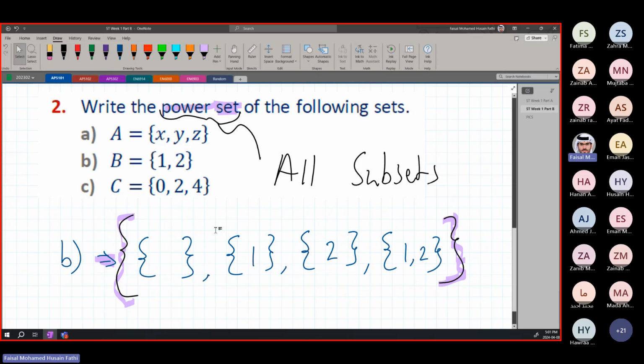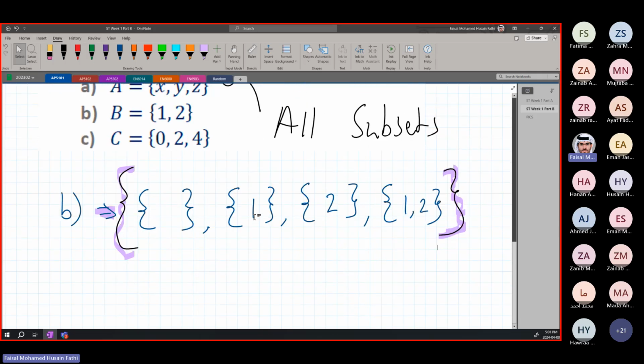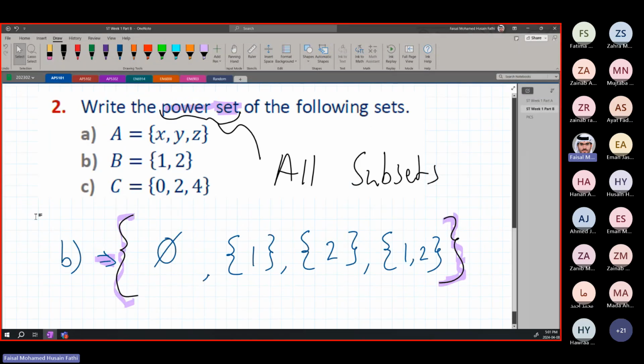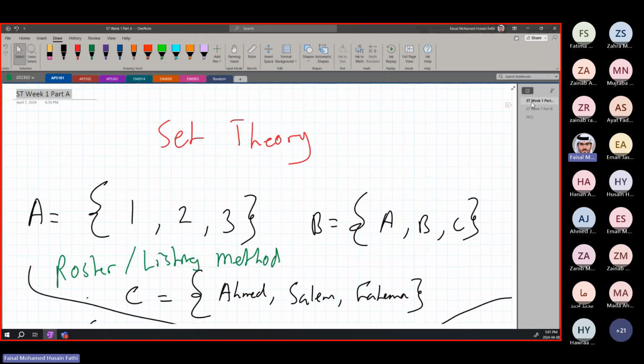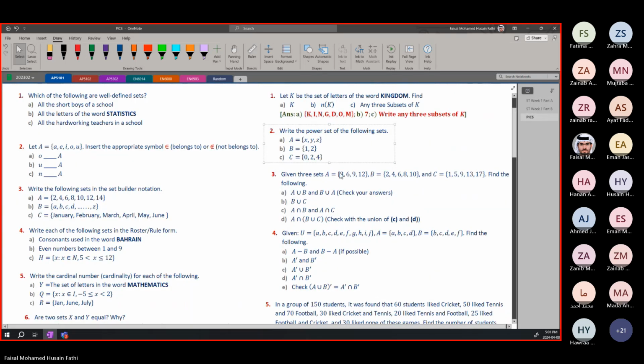And then we have sets inside the subsets, all inside every single one, and they are all within one set. All right. So we can write this as either brackets, or you can also write this as phi, which is the null or void set. This is what a power set simply is. You guys can practice the others by yourselves. It's the same exact idea.